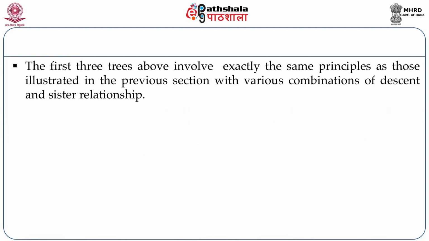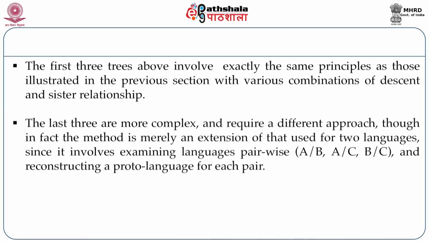The first 3 trees above involve exactly the same principles as those illustrated in the previous section, with various combinations of descent and sister relationship. The last 3 are more complex and require a different approach, though in fact the method is merely an extension of that